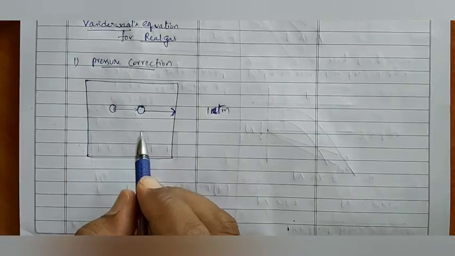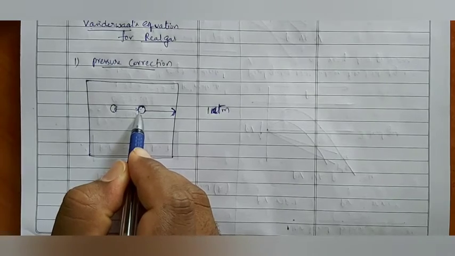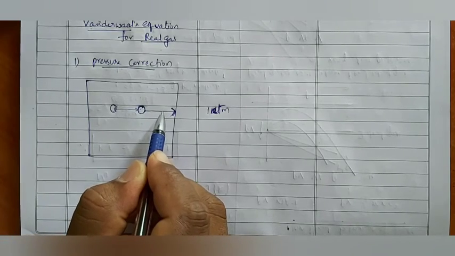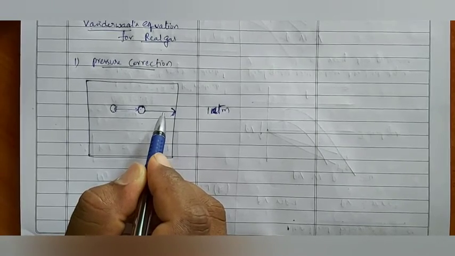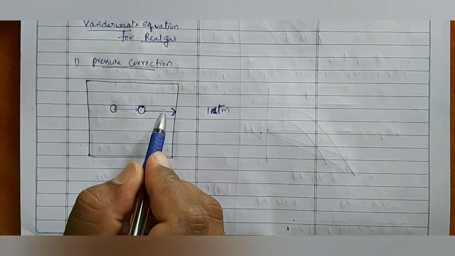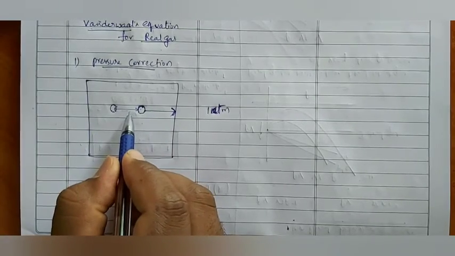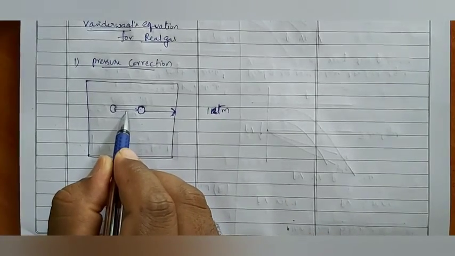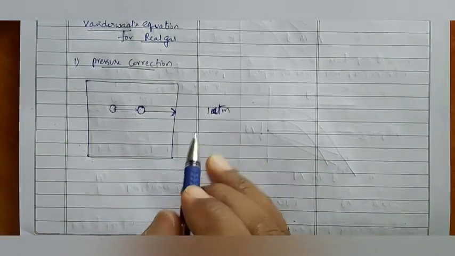Why is it getting reduced? Because this molecule is going to pull the other molecule. When this molecule pulls that molecule, it is not going to apply the force as in the previous condition. That much force is not applied here. Is it correct or not? Once again, if attraction is not there between gas molecules, the gas molecule will apply a pressure of 1 atmosphere. But if attraction is present, definitely this gas molecule will not apply the same pressure. It is less than the previous pressure.